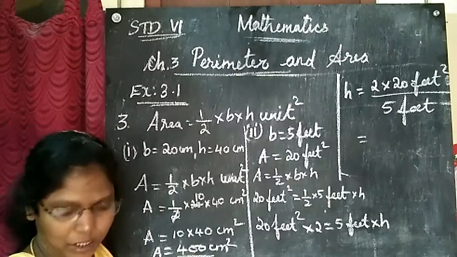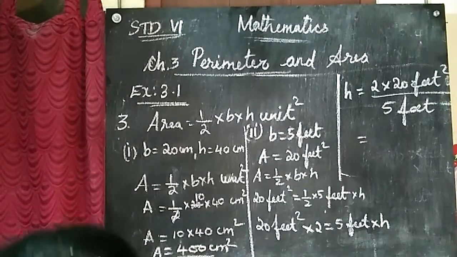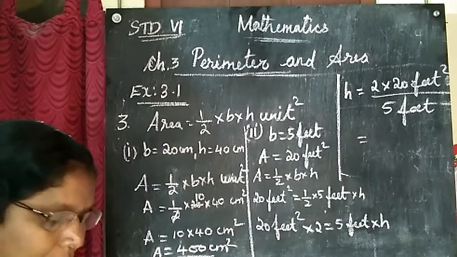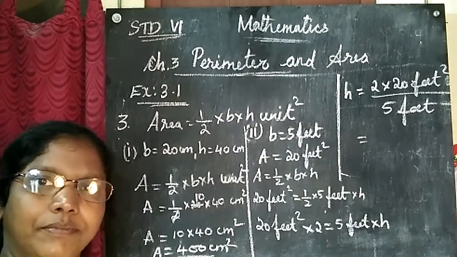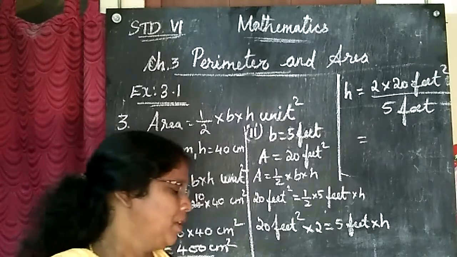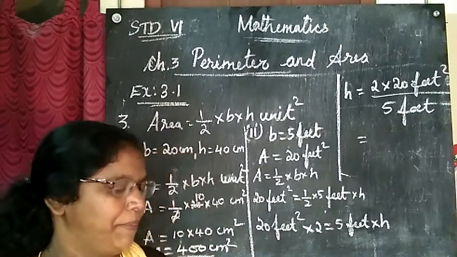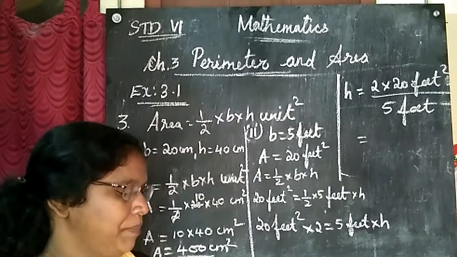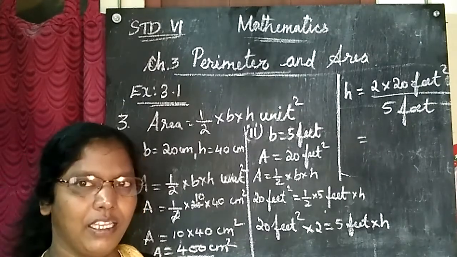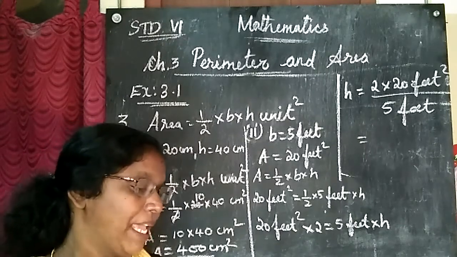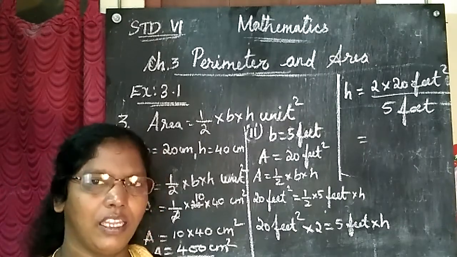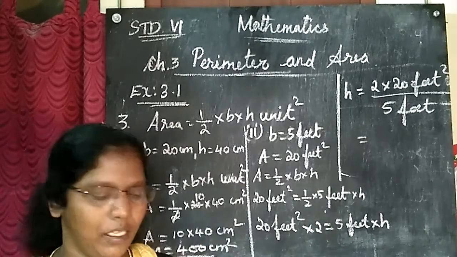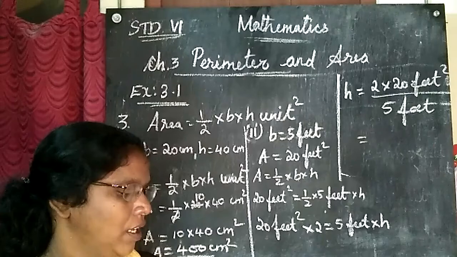Next, third one. Here we are going to find out the perimeter and area of a triangle. Okay. Let me read the question here. In the first option, base is given, height is given, area we are going to find. The second option, base is given, height is not given, but area is given. In the third option, base is not given, height is given, and area is given. I am going to do 1 and 2. Third one is for your homework. Okay. Third one you can do like second option.